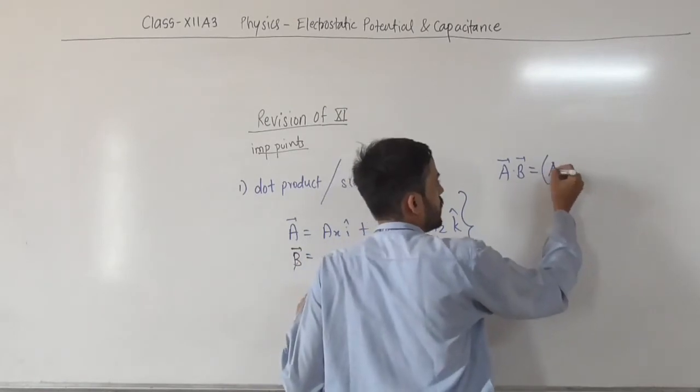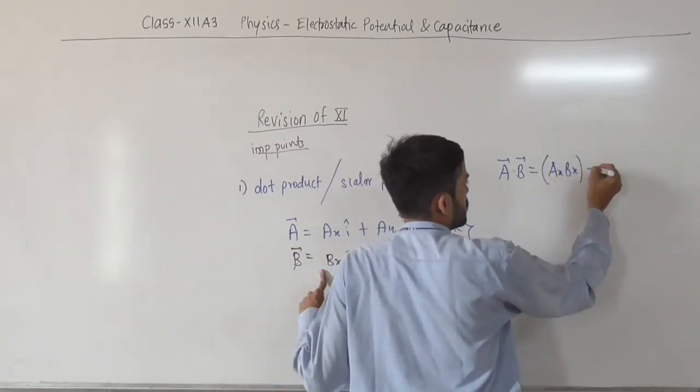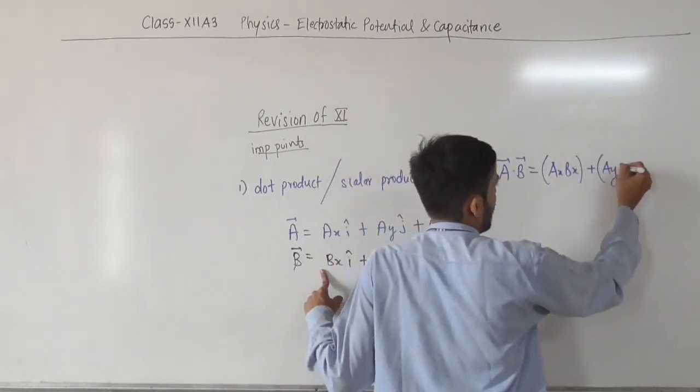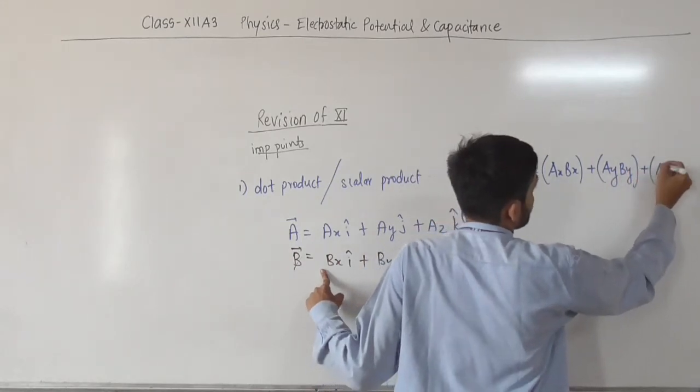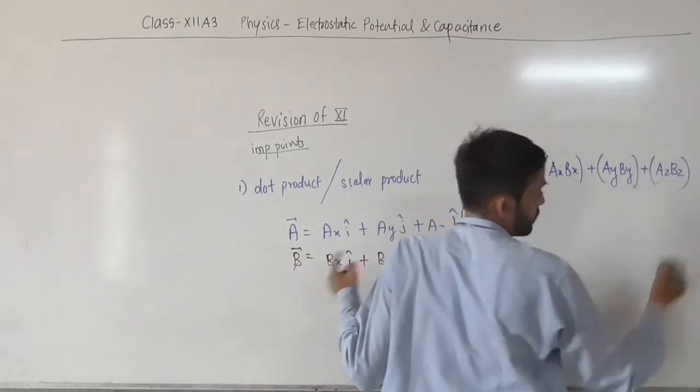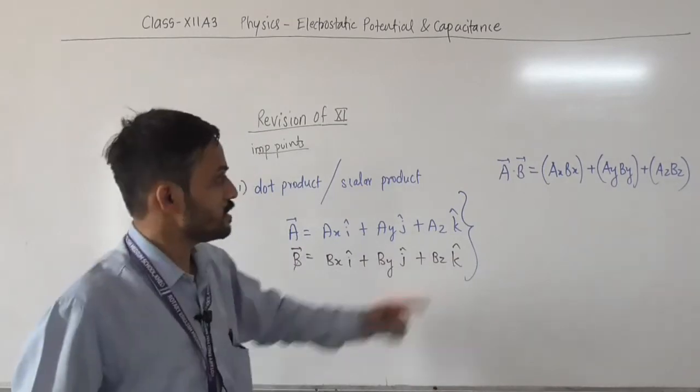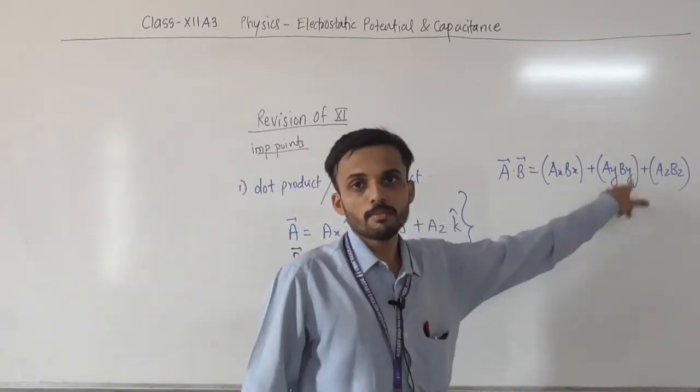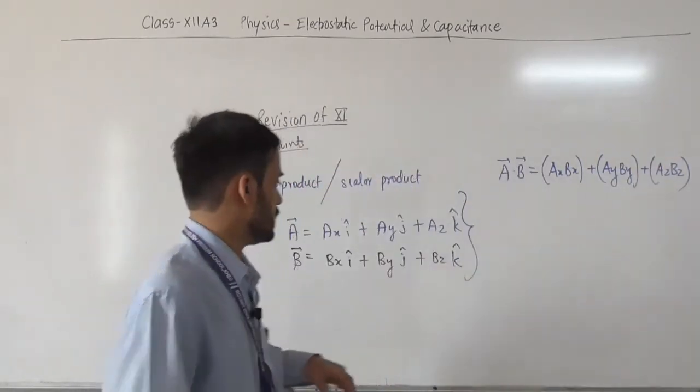It will be simple: AX BX plus AY BY plus AZ BZ. For example,